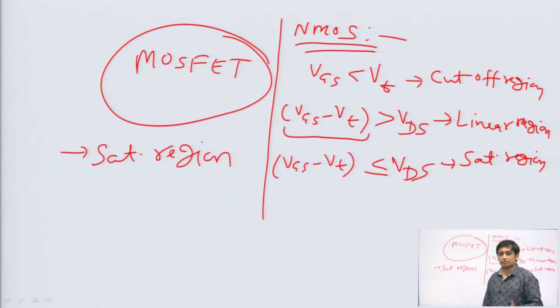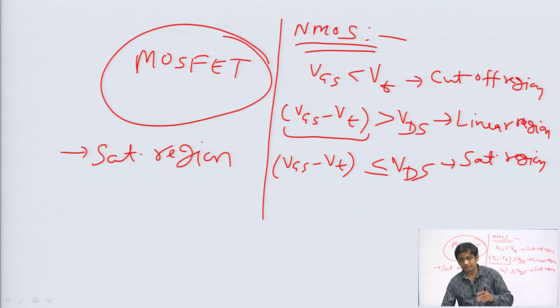So, what we have to do? Once we come to know that the MOSFET is in linear, then again do the calculation, apply the drain current equation for linear region of MOSFET, do all the calculations, and suppose that after doing the calculation we are getting VDS greater than VGS minus VT, then it is fine, our assumption was right. But first of all, try to find out the region of operation from the circuit itself. It will be better, because if we are very much clear about the region of operation, then we can use the drain current equation in a better way.